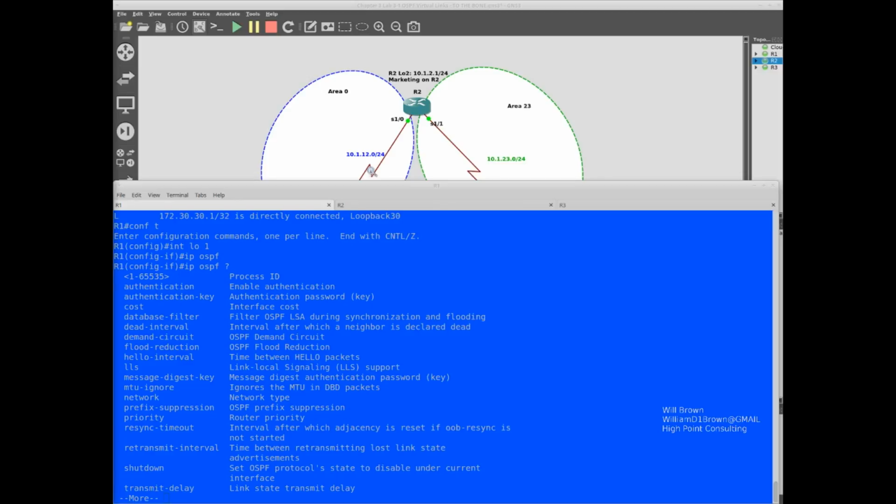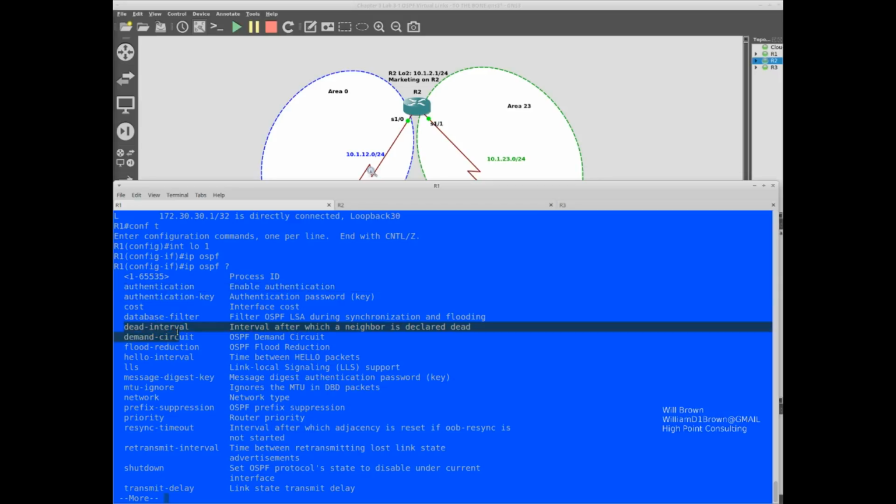I'm in the right place. I want to look at the additional options subcommands here. We see we could go into changing to a specific process ID. It's under here where we can configure the authentication on that interface.